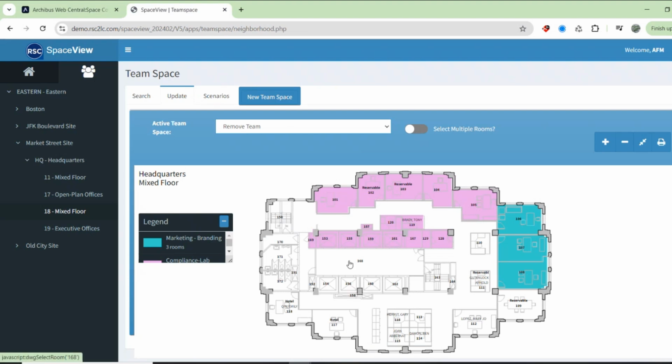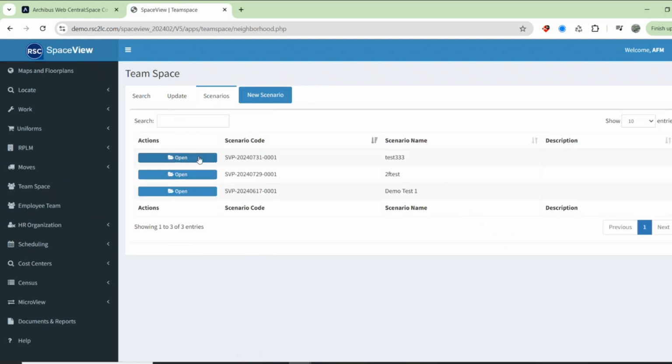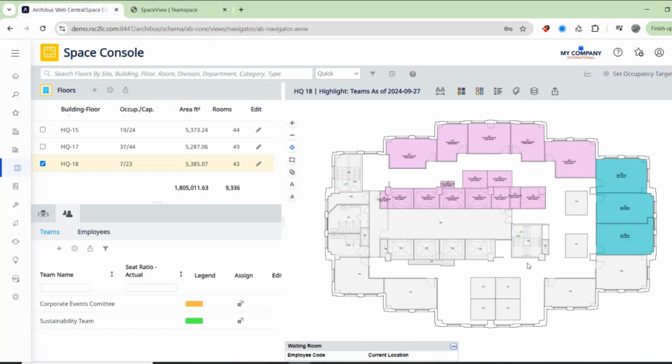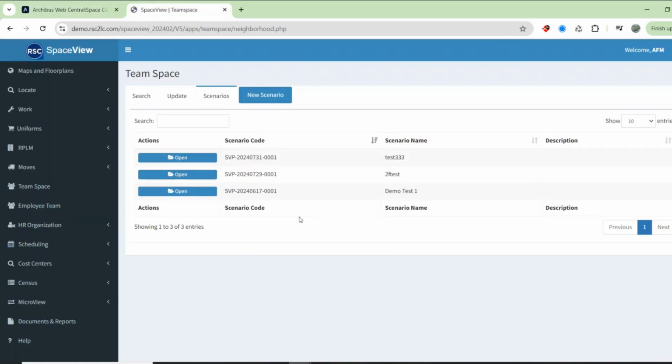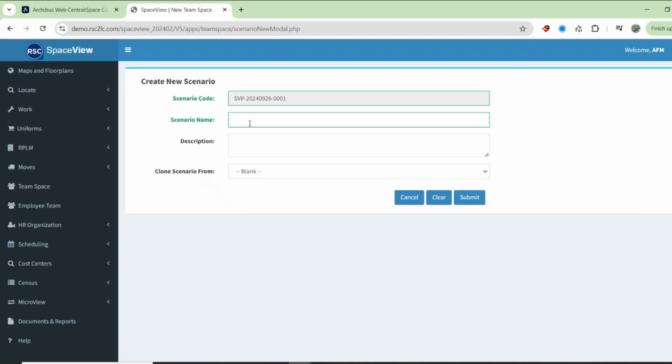So the other piece to know on the SpaceView side is that SpaceView has team space scenarios. This is different than the future planning that you can do in the Space Console, where you're setting, I know in 3 months they're going to occupy this space. I'm planning into the future. This is planning multiple scenarios where you do not know which one. So if you're giving multiple options, you want to save multiple options for your team, you can do that. You can create as many scenarios as you want. So you can go like phase 1A,